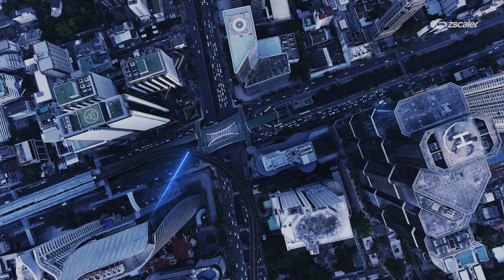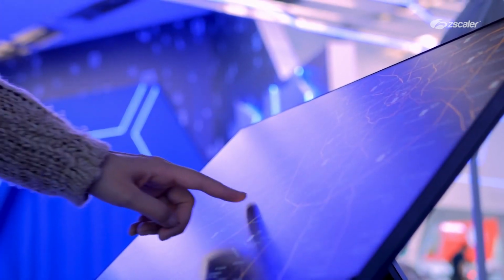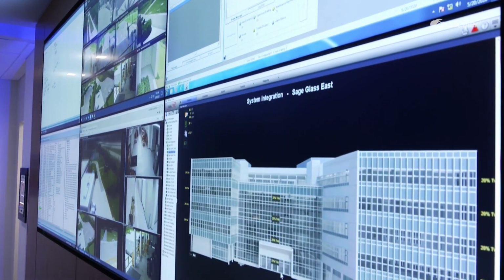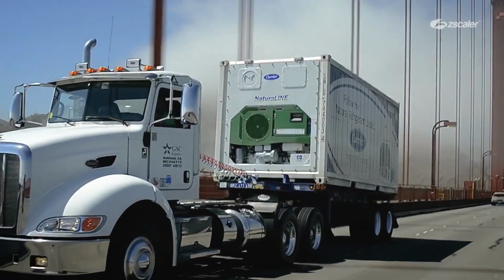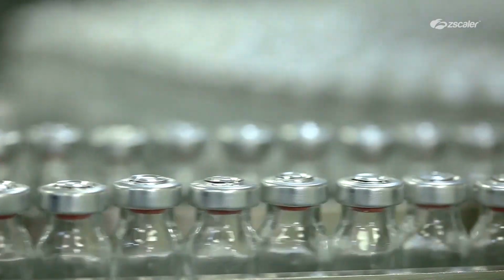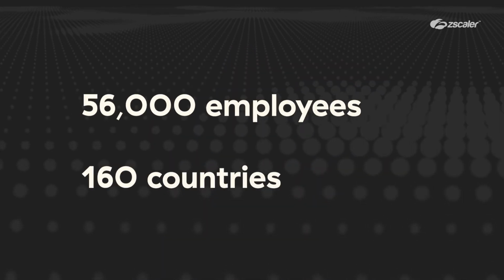We've leveraged the power of technology across many of our brands. And in the times that we're living, our products and services are meant to inspire confidence. As well as during the pandemic, our cold chain technology has helped safely distribute COVID vaccines, for example, keeping the vaccines at the prescribed sub-zero temperature needed. We do all of this with a global workforce of about 56,000 employees who serve customers in more than 160